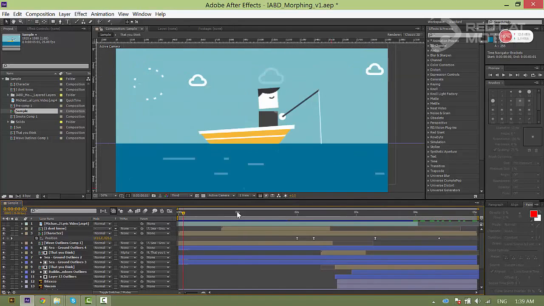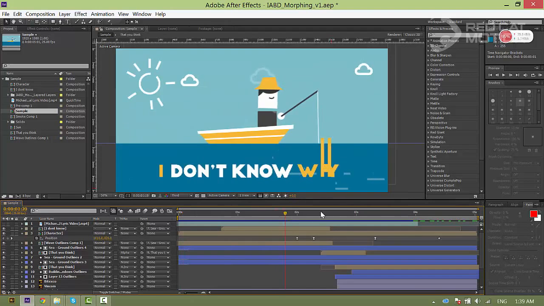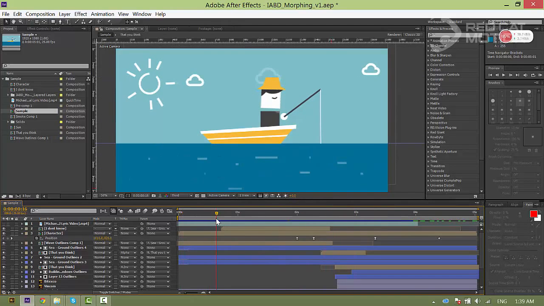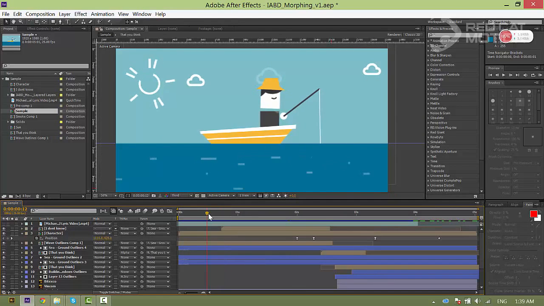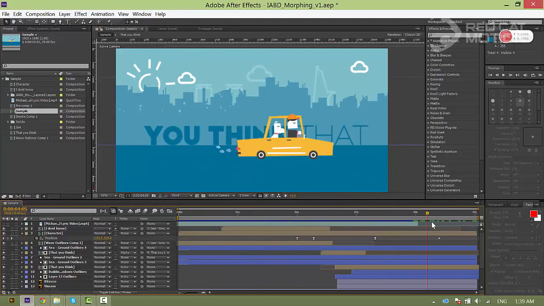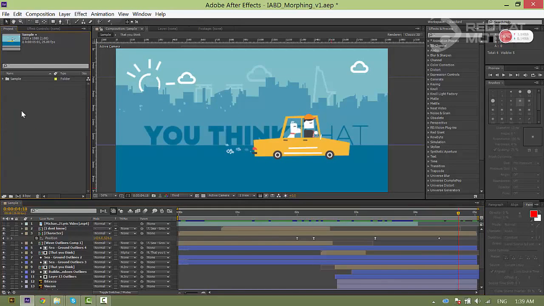So you can see that in the duration of just 3.5 seconds, you have to perform quite a lot of motions. Our workload will be pretty heavy and not light at all. So let's start. I'll still give this sample. Once in a while, I'll refer to it to see if you are missing anything.